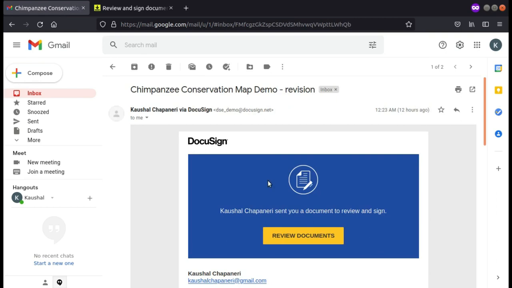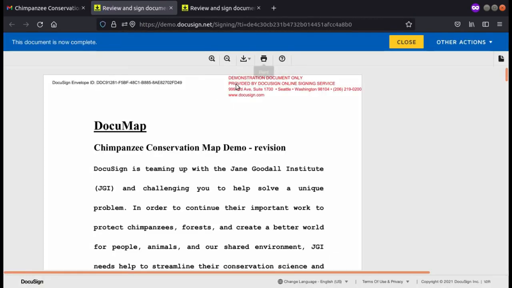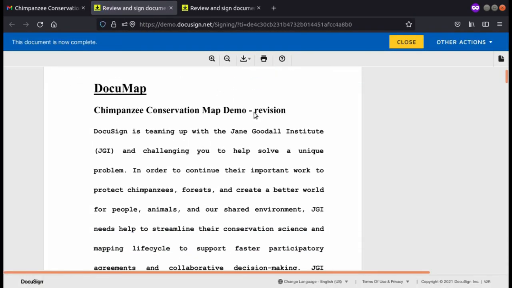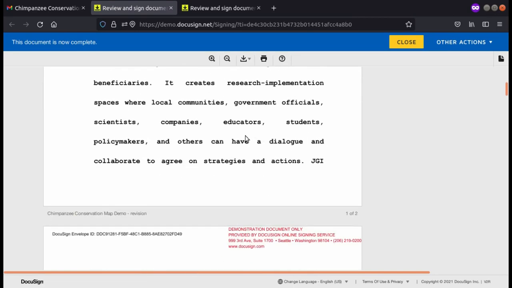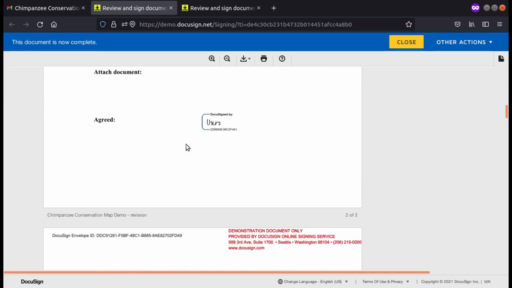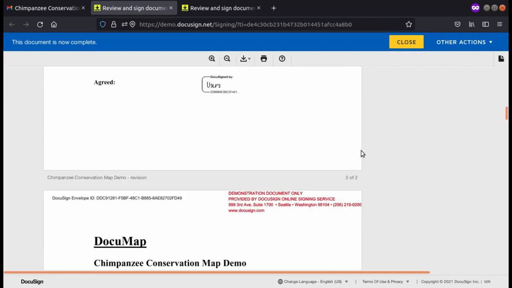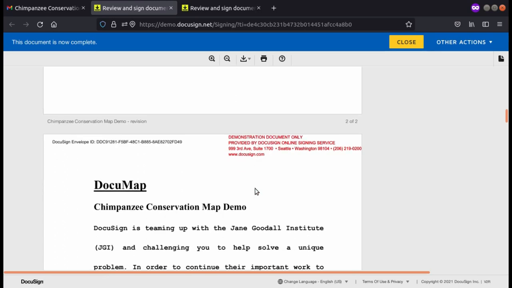So this is how the revision envelope will look. It has the initial revision document, and then it will have the appended document of the first version of the envelope. This time we will not have any inline HTML image.